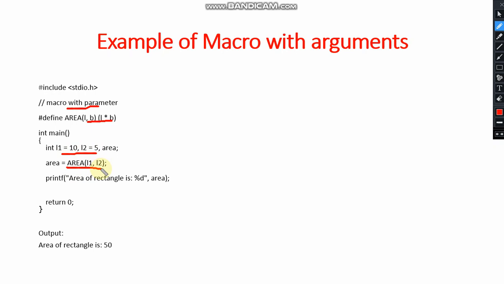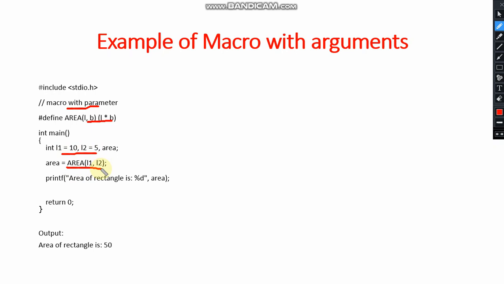If you have studied functions, you may have noted that the macro has been called in the same manner as we call functions. L1 and L2 are the arguments whose values get copied into L and B variables of the macro respectively. The macro gets processed and returns the value L multiplied by B, that is 10 multiplied by 5, which is 50.